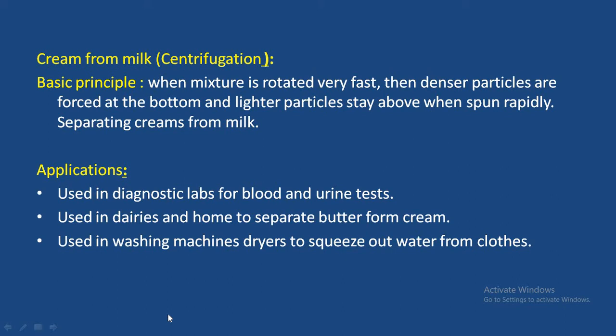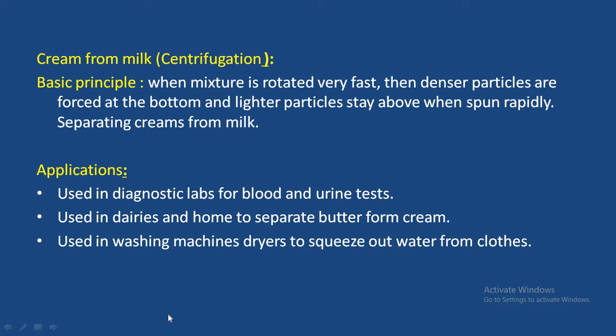then due to the different components which have different densities. What is the meaning of different densities? Some particles have high density, meaning heavier, more dense, and some have less density, meaning they are lighter. Lighter means the particle which has less density, and denser means the particle which has more density.